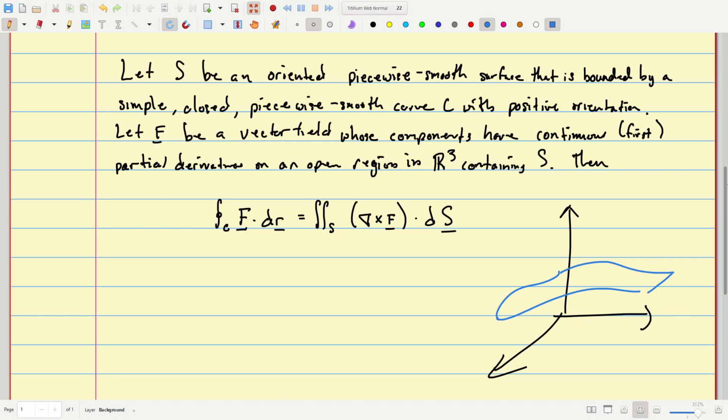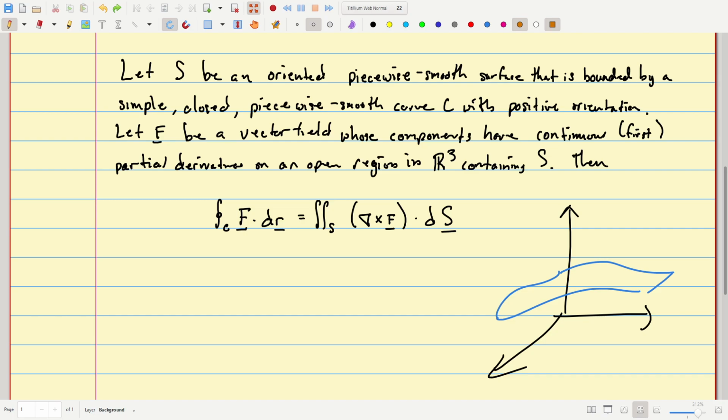I think about it sitting in 3D, which is how we've drawn the picture here, right? In some open region that contains the surface, okay, so I can enclose it in an ellipsoidal shape or whatever, or just kind of a fuzzy shape that barely surrounds the surface, however you want to do it, all right? But inside of that region, the function needs to have nice calculus properties,